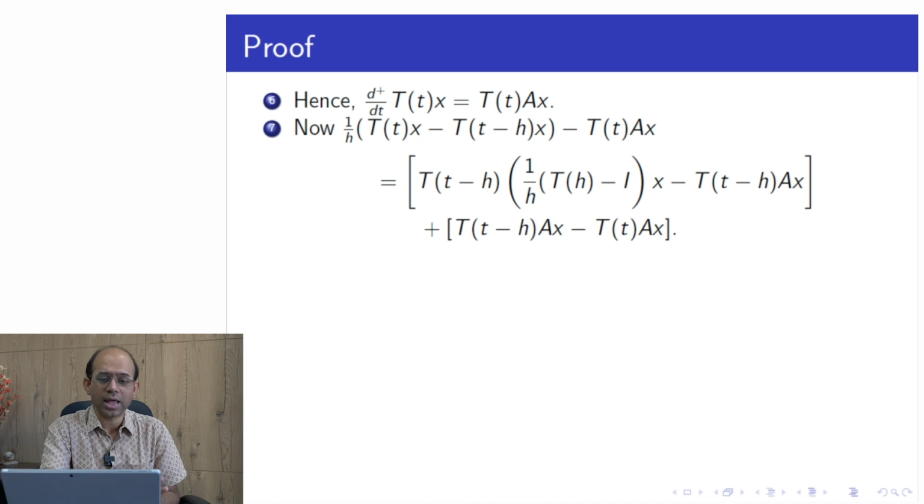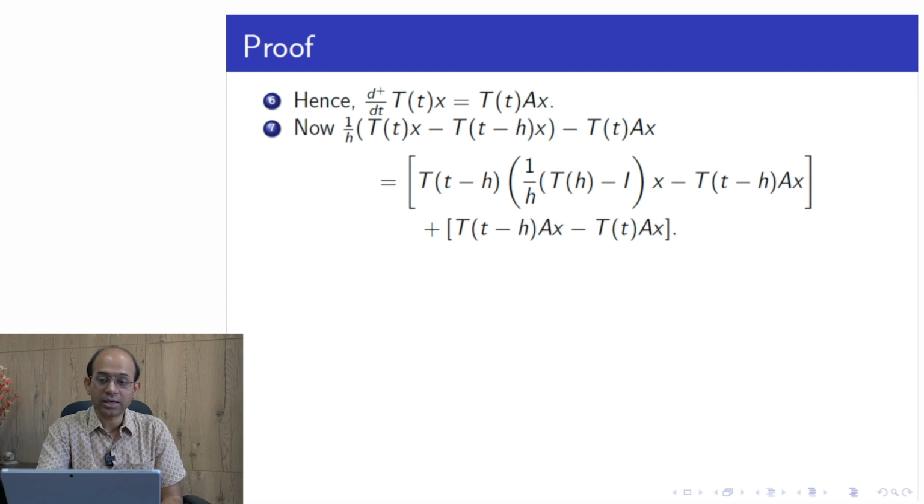So what do we need to do? We need to show that as the limit h tends to 0, this thing goes to T(t)Ax. So we take the difference and want to show that this whole thing goes to 0. This difference is rewritten by taking t minus h common. Since t is (t minus h) plus h, we use the semigroup property. So capital T of t minus h is taken common, and here we have T(h) minus identity. There is a typo here: this 1 over h should have been outside, and there is an extra bracket. So this whole thing is the fraction we are looking for, times x, minus